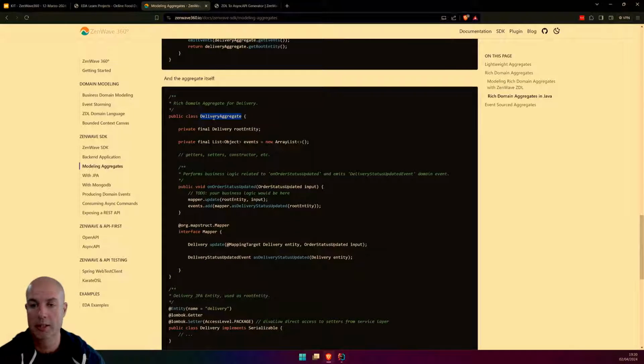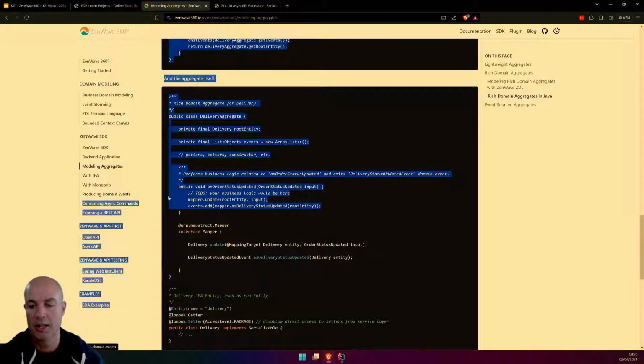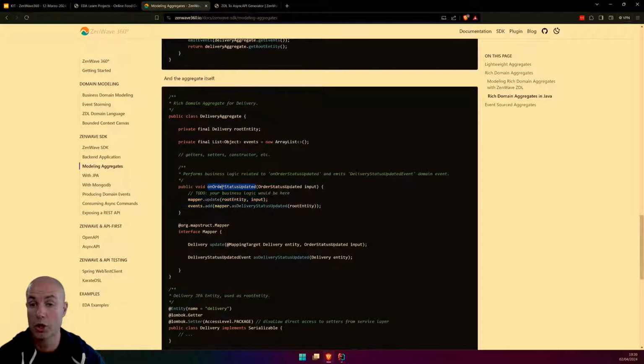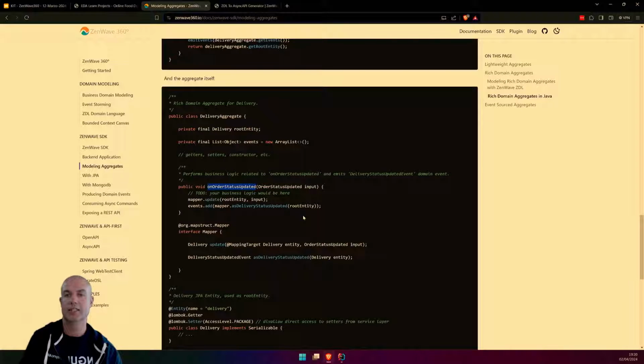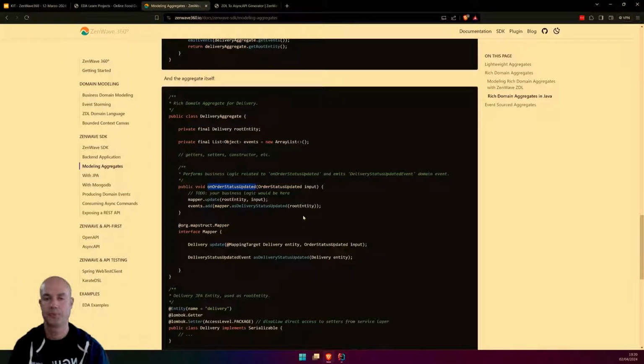So, okay, you get an aggregate with a root entity, with a list of events, and the implementation of each command doesn't depend on repositories or external dependencies, but it adds some complexity.